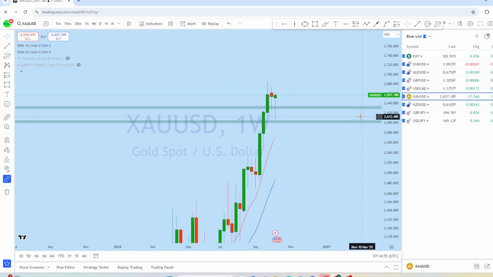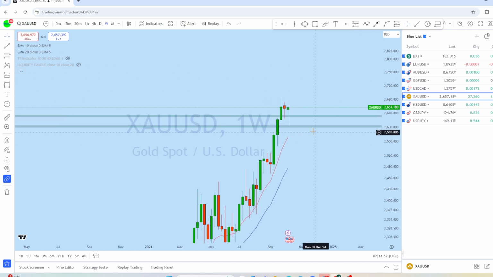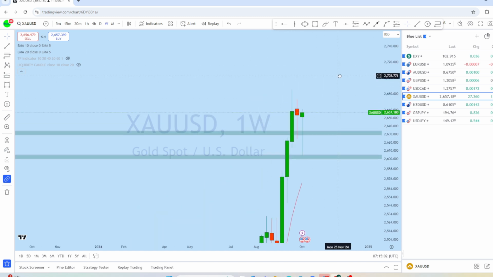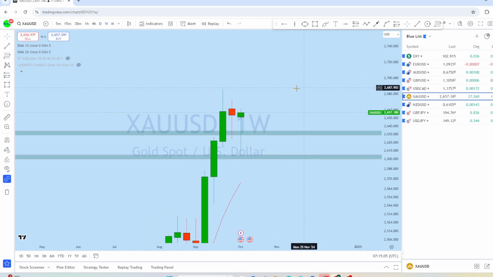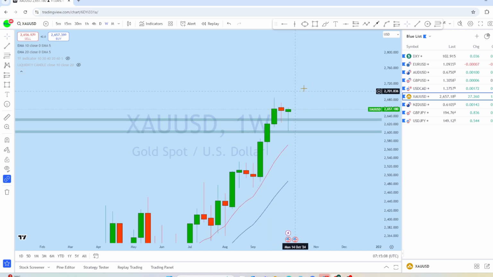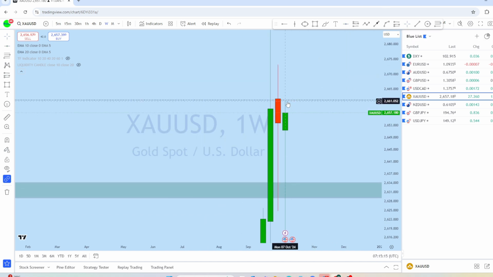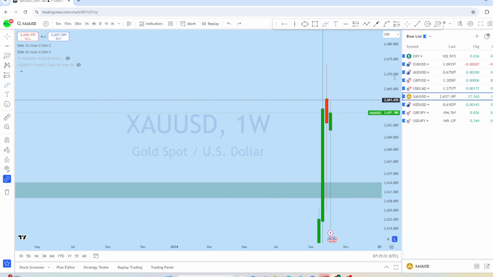Now on the weekly we can see a slightly different picture. We can see back-to-back two weeks of rejection. Last week we saw a pin bar, which is a very strong bounce, which is a hanging man at the top of this uptrend. Now, what we can expect in this market, if we look here, this is a resistance line, and if you look closely, there is a half wick here on XAUUSD. I think we might see either 50% of this wick to be retested, or the market might break that high and then come back down for a deeper drop.